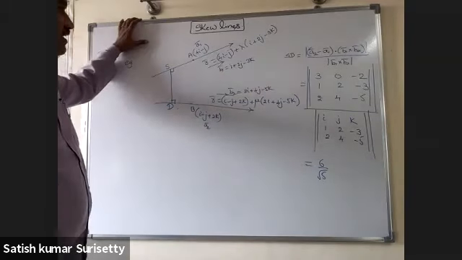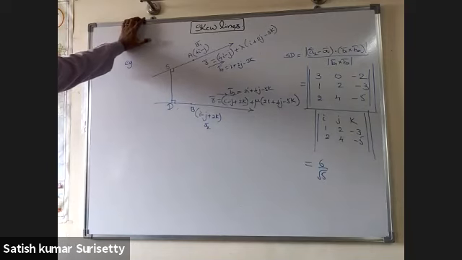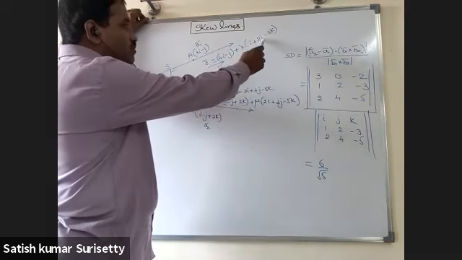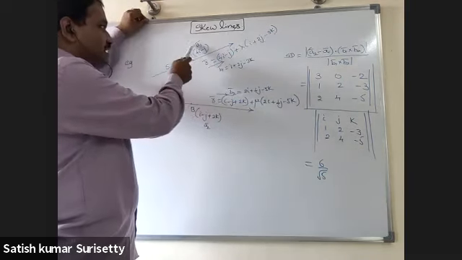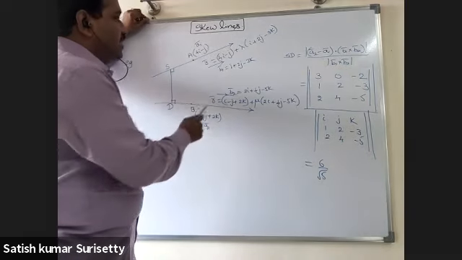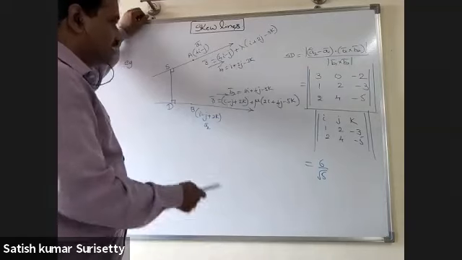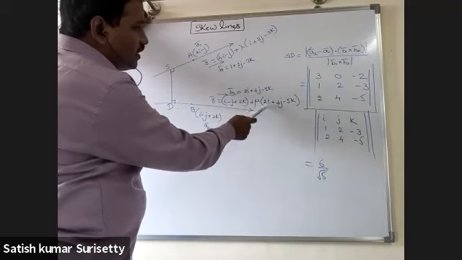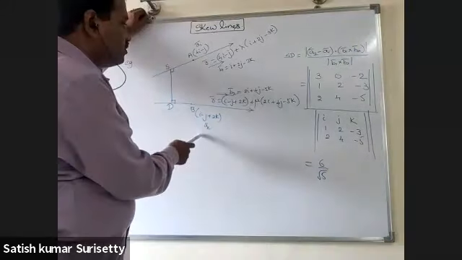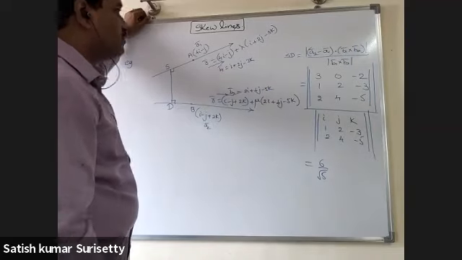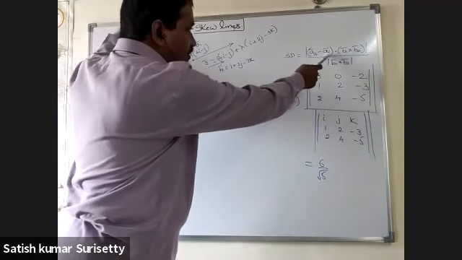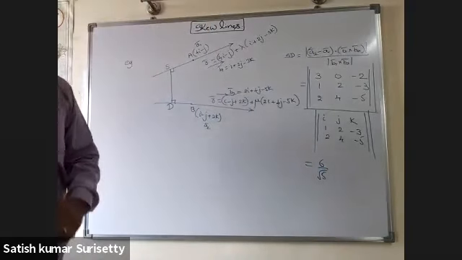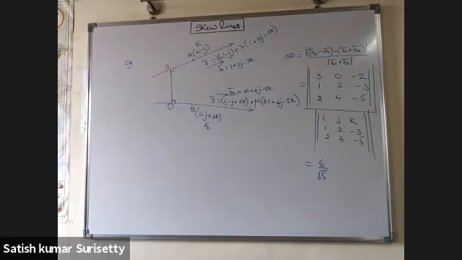So here is one example to find the shortest distance between two skew lines in the vector form using the formula. R bar equal to 4i minus j plus lambda into (i plus 2j minus 3k). So here I can consider A1 bar as 4i minus j and B1 bar as i plus 2j minus 3k. And another line is R bar is this. So B2 bar as 2i plus 4j minus 5k and A2 bar is i minus j plus 2k. So the formula for shortest distance is modulus of A2 bar minus A1 bar dot B1 bar cross B2 bar upon modulus of B1 bar cross B2 bar. So the shortest distance will be 6 upon root 5.